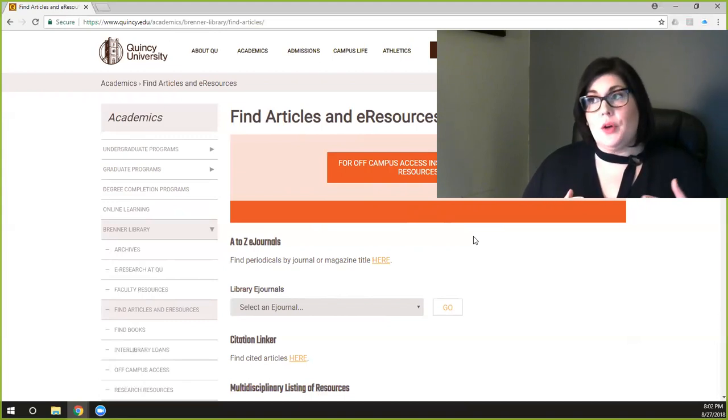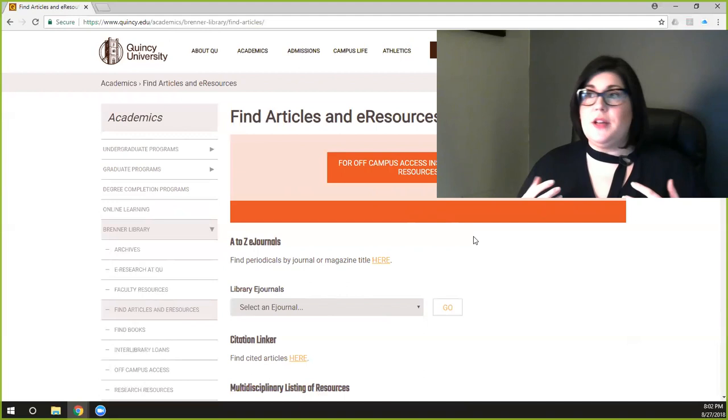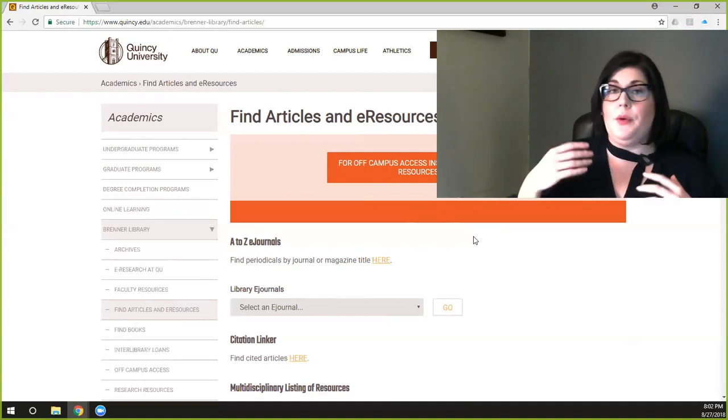A hidden bonus, and I'll give you a tour of this as we get into a specific database, is that when you find sources through these databases like EBSCO and JSTOR and others, ERIC, often they will be accompanied by personalized citations, and so you can tell it what style you're using for citations. Maybe that's APA, maybe that's Chicago, maybe that's MLA, and whatever the style is, it will format a citation for that particular source that you can cut, copy, and paste, put into a Word document if you are keeping track